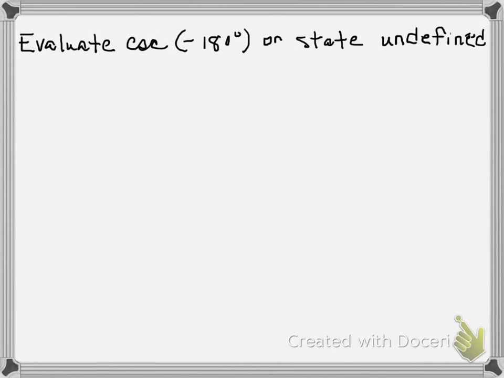In this trig problem, our challenge is to evaluate the cosecant of negative 180 degrees or state that it's undefined. On all of these problems, especially the quadrantal angles, but on all of them, first draw what angle you're talking about. So if I'm going negative 180 degrees, that would be negative 90, that's negative 180 degrees. So I need a point on the terminal side of that ray, that angle, and now label that